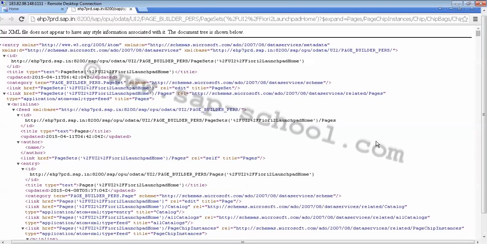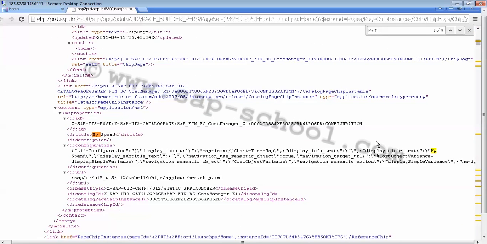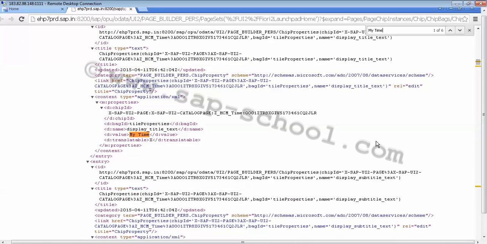So now in this I can just do a Control F and write down the name of my app. Let's say it is My Time. So I can see here that I have this My Time app. The OData response has some tile information.